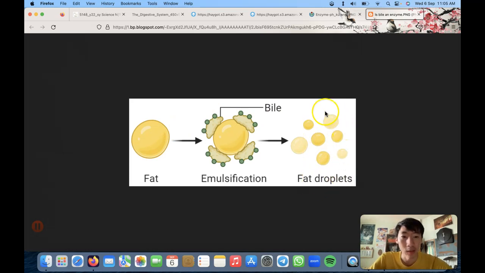If you leave these fat droplets for a long period of time, they would combine back together and become this again. So it's just like from a big drop becoming smaller drops. Okay, then why does it do this? It's because now the lipase enzyme will come along, see the cursor, and start to break down all these small fat droplets into substances that can then be absorbed in our body. We call that the fatty acids.